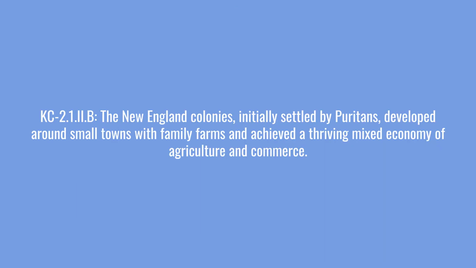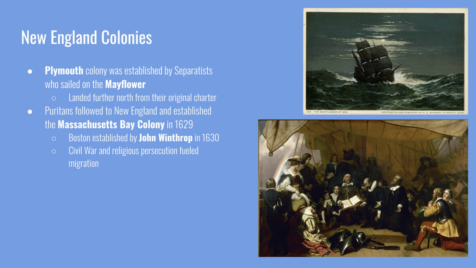The New England Colonies, initially settled by Puritans, developed around small towns with family farms and achieved a thriving mixed economy of agriculture and commerce. The first colony that was established was the Plymouth Colony, and it was established by separatists that sailed on the Mayflower. The Mayflower was the name of the ship, and they were called separatists because they wanted to separate from